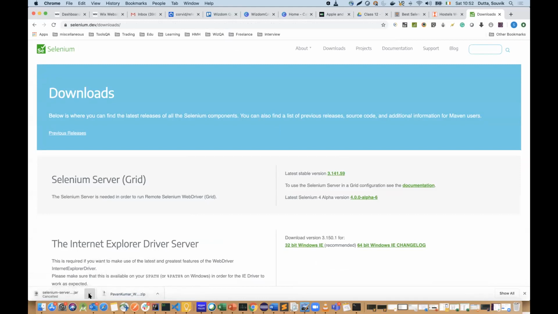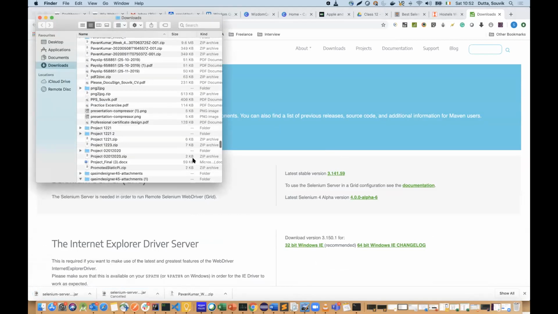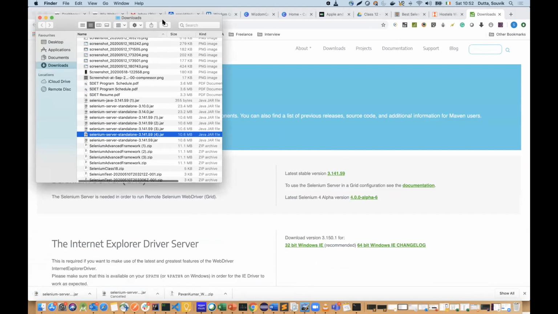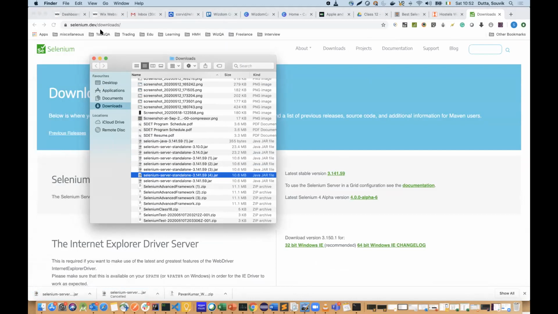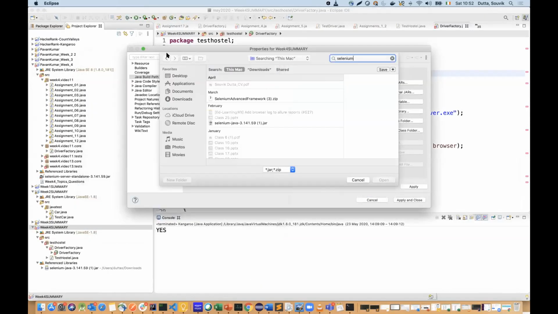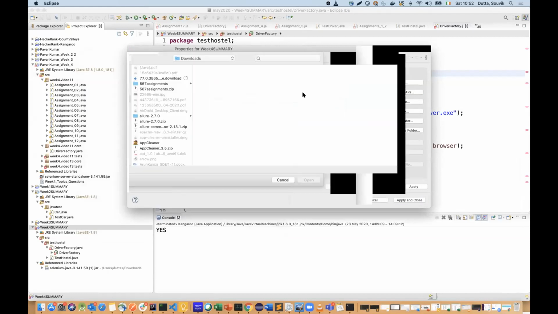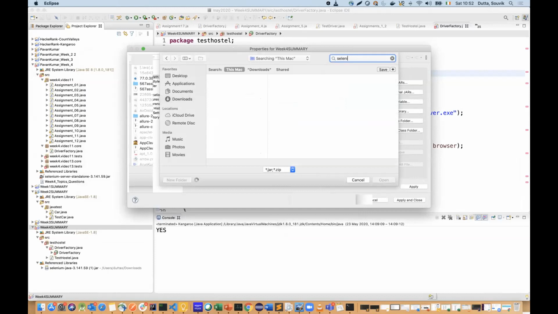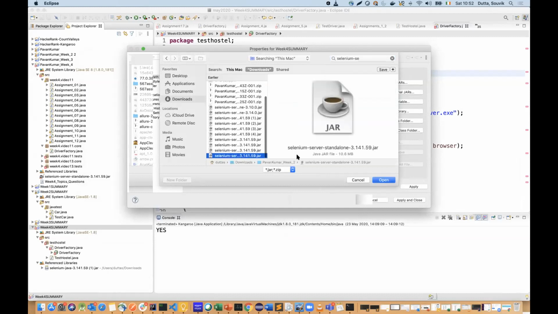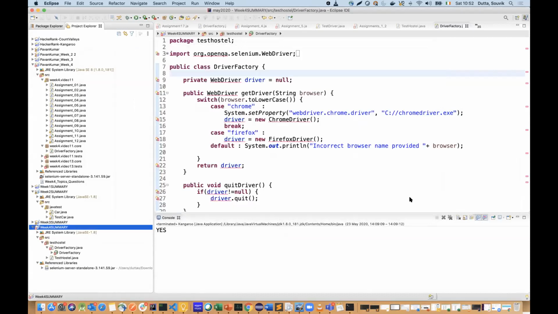So cancel. What the hell? Sorry. Show in Finder. Yeah, that's the one I'm looking for. Server standalone. Downloads. Selenium. Right. Perfect. So now that we have everything in place, let me just try and do something